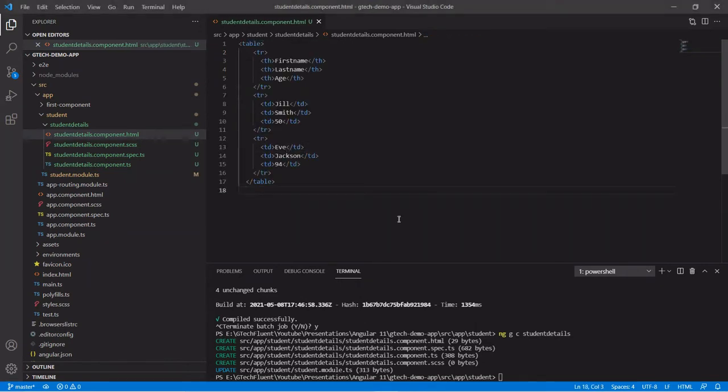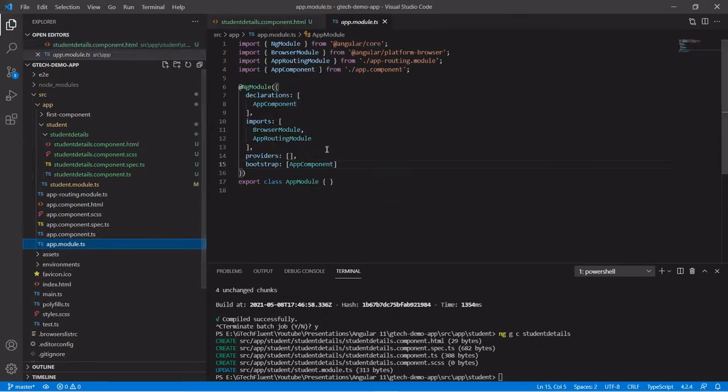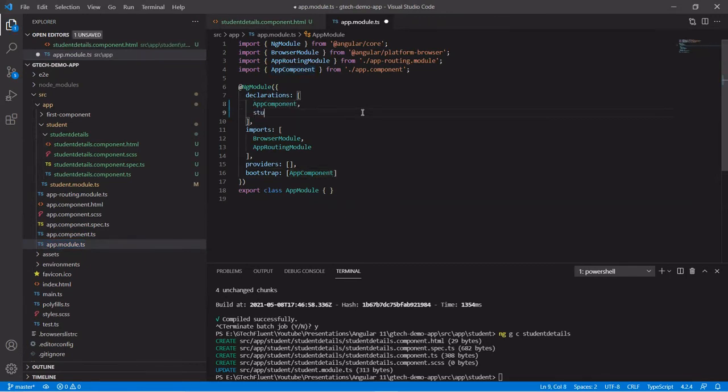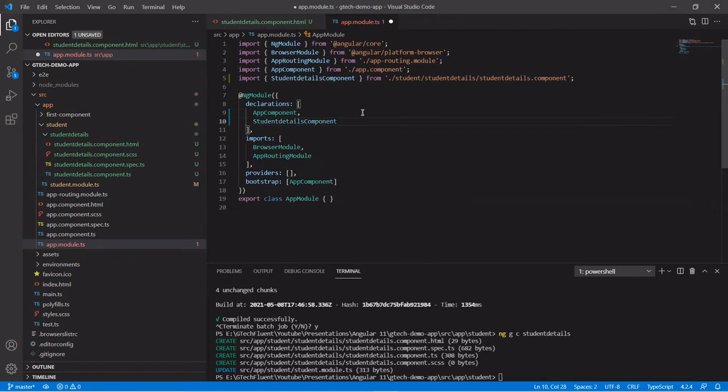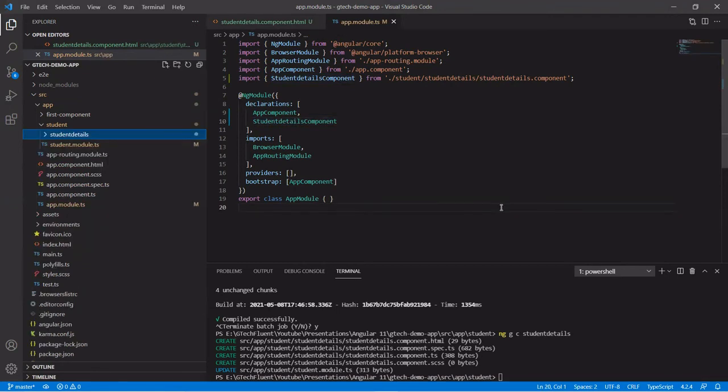The next step is to modify the app.module.ts file. Let's go to that file and import the component which we want to use. We need to import our component, the student details component. Enter. Let's save it. Now we have imported our newly created component. The next step is to define how the nested component will work.